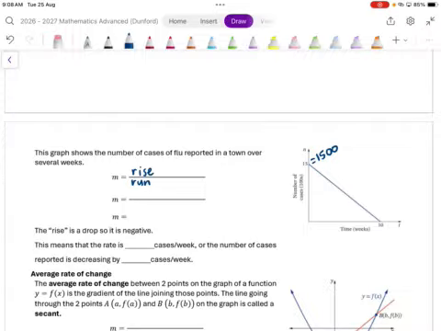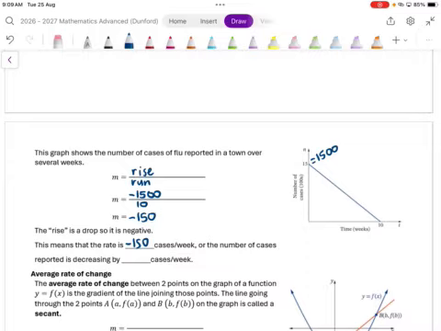So you should have your gradient is rise over run. Now, is this gradient going to be positive or negative? From the left to the right, we're going down, so it's going to be negative. So it's going to be negative 1500 over 10. So that means our gradient will be negative 150. Okay, so the rise is a drop. So to get from a point to the point going from the left to the right, we are dropping, so that means it's negative. This means that the rate is negative 150 cases per week,